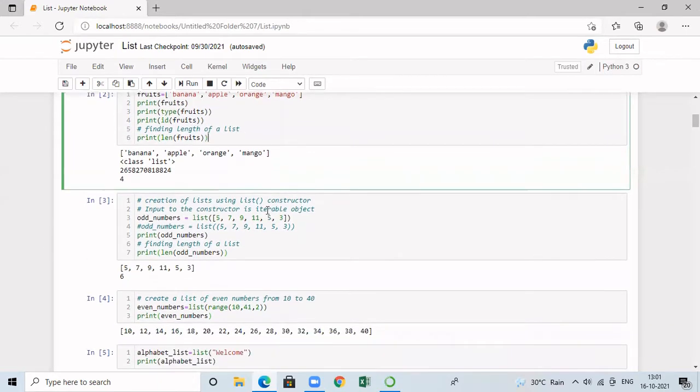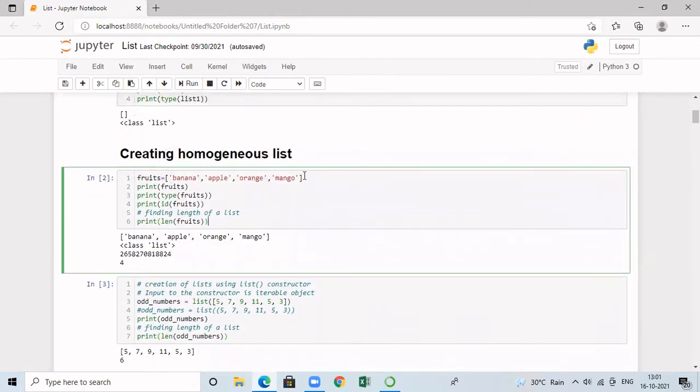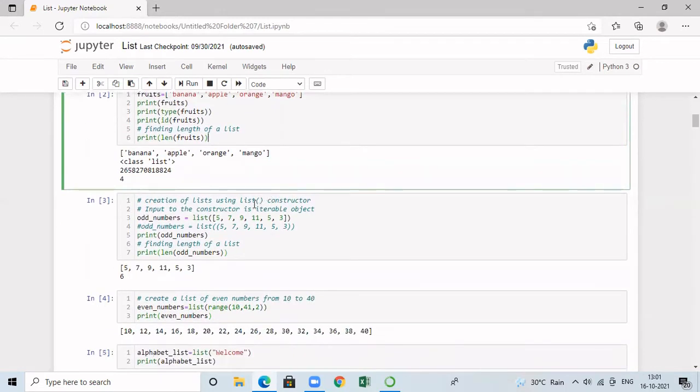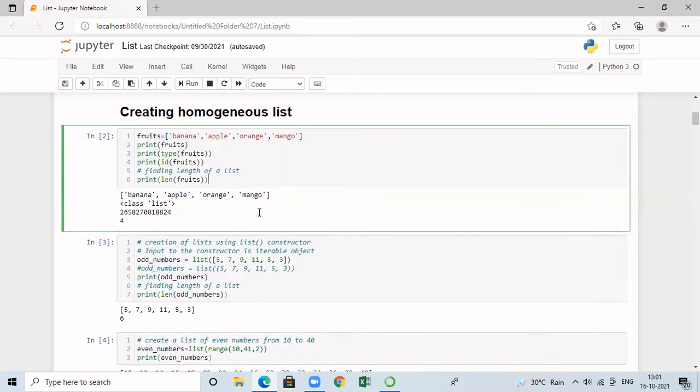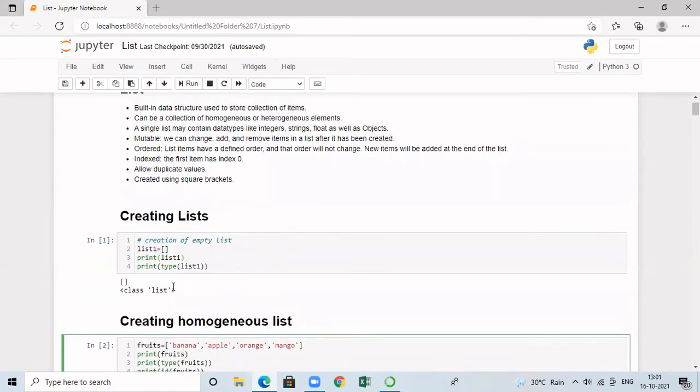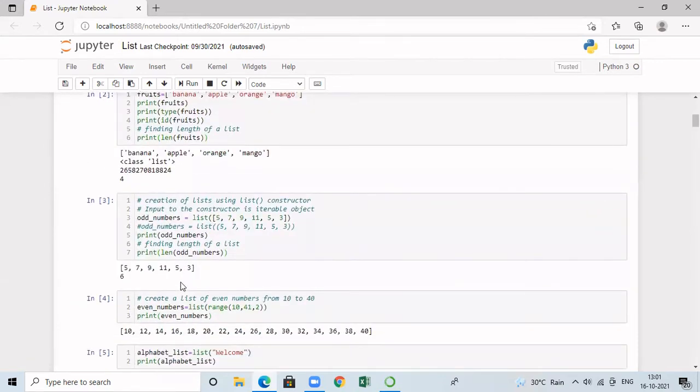And here we have created the list by means of simply square brackets, where we have to pass all the elements one by one. And we can even create the list by means of a constructor. And constructor is nothing but a member whose name is same as a class name. Actually, constructor is a function only. So if you consider the list is having the name of the class as list, constructor is nothing but a function whose name is same as a class name.